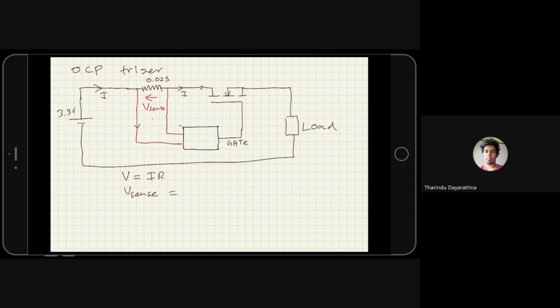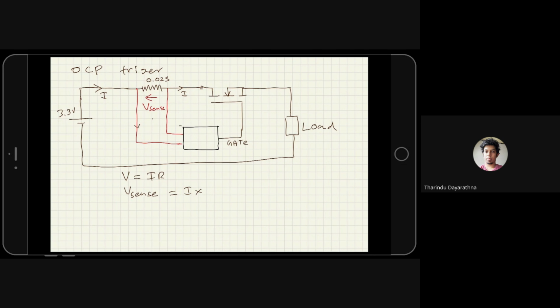So V sense is equal to I times 0.025. Understand? But I'll make this one R. Okay,